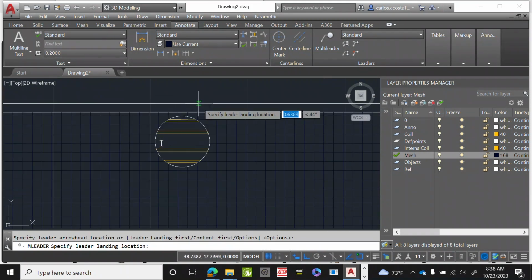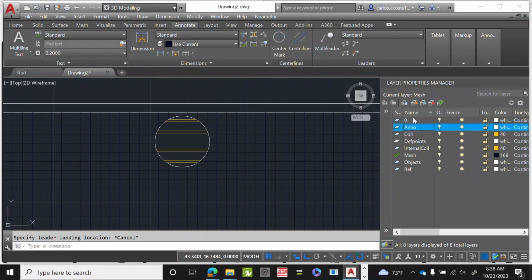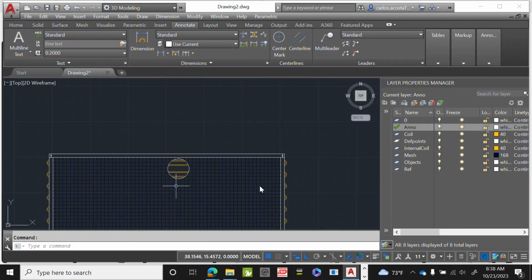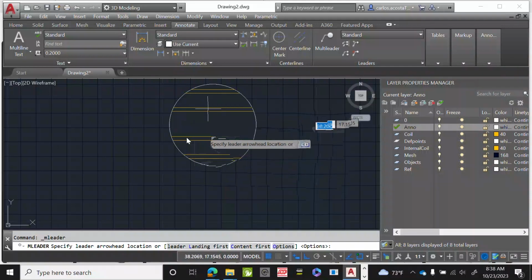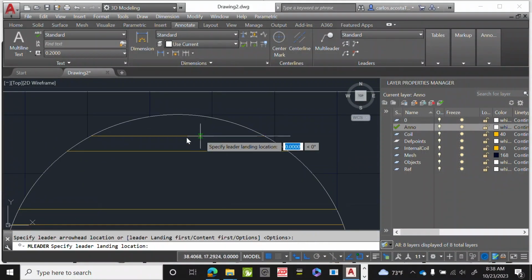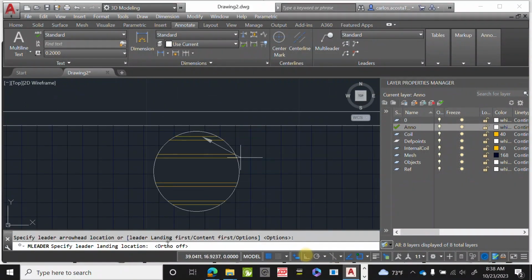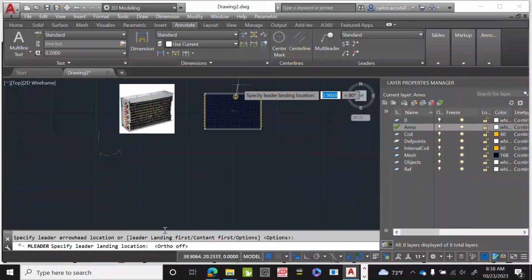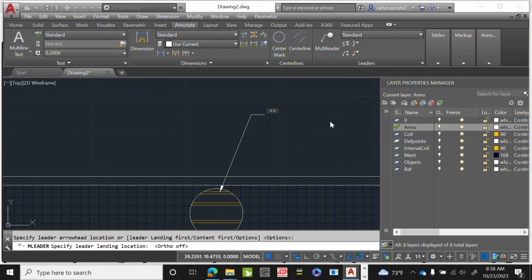Well, I don't know, we can do different things. Actually, careful here because annotation is a different layer. So go to annotation, good, and type, get rid of your ortho option, and here we're gonna type